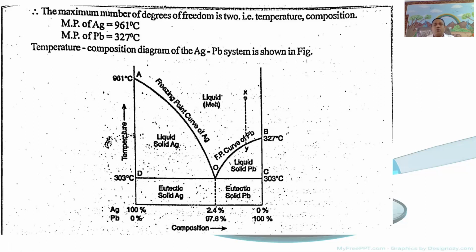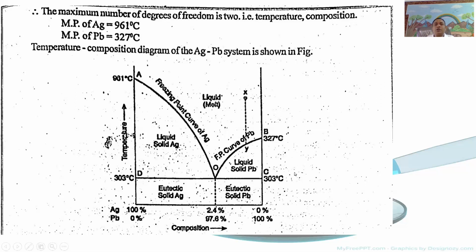Here at the eutectic point, the temperature is 303 degrees centigrade and the composition is silver 2.4%, lead 97.6%. This temperature is called the eutectic temperature. Here the eutectic temperature means the decreased boiling point of the alloy. The lowered temperature of the boiling point of an alloy containing a constant composition of the metals